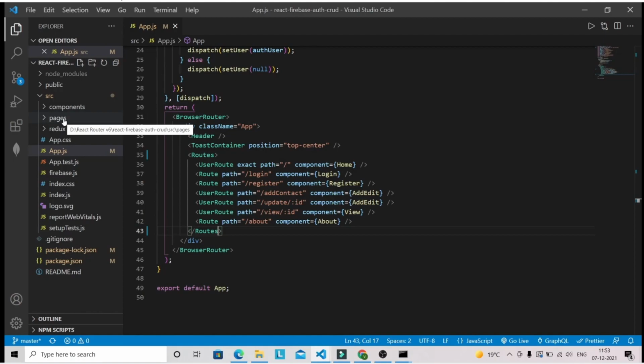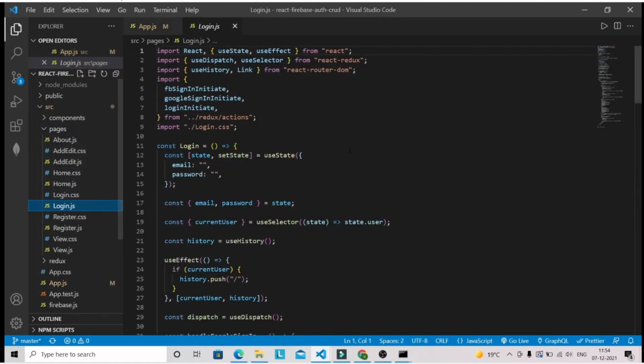useHistory is basically used to navigate towards a different URL. For example, when you have submitted the login with username and password and hit sign in, the user wants to navigate towards the home page, so in that case we use useHistory. Now instead we have to use useNavigate, and it works in the same way as useHistory used to work. useNavigate is also used to navigate towards a different URL. In React Router DOM version 6 they have introduced useNavigate, so we are going to use it instead of useHistory.